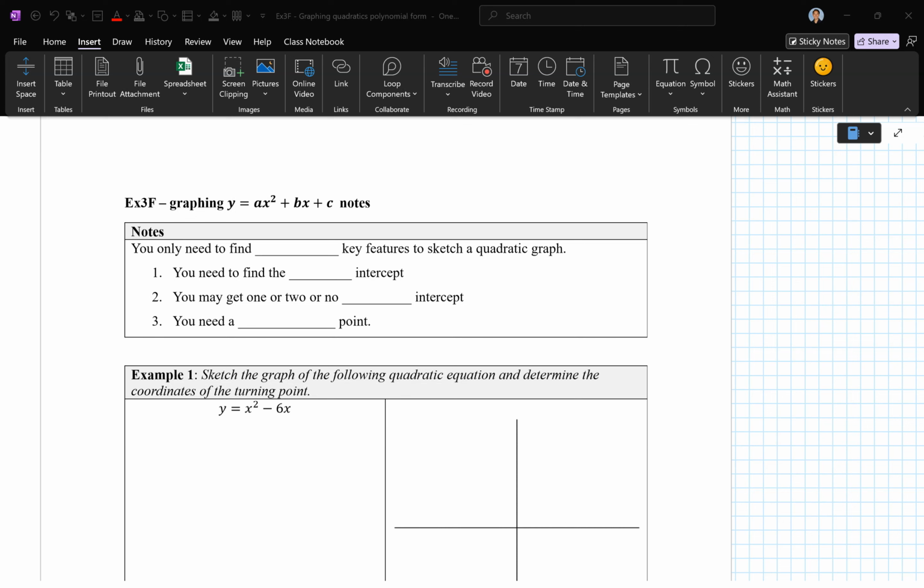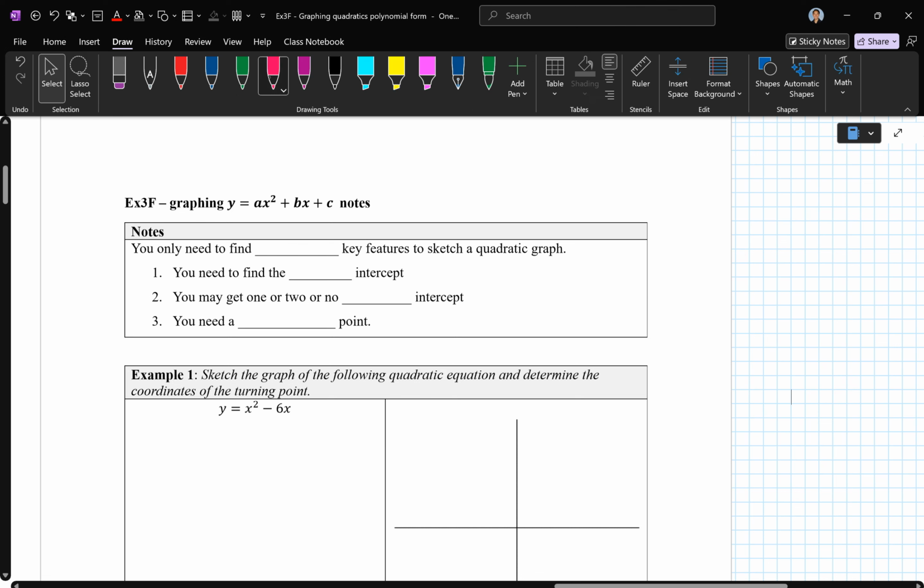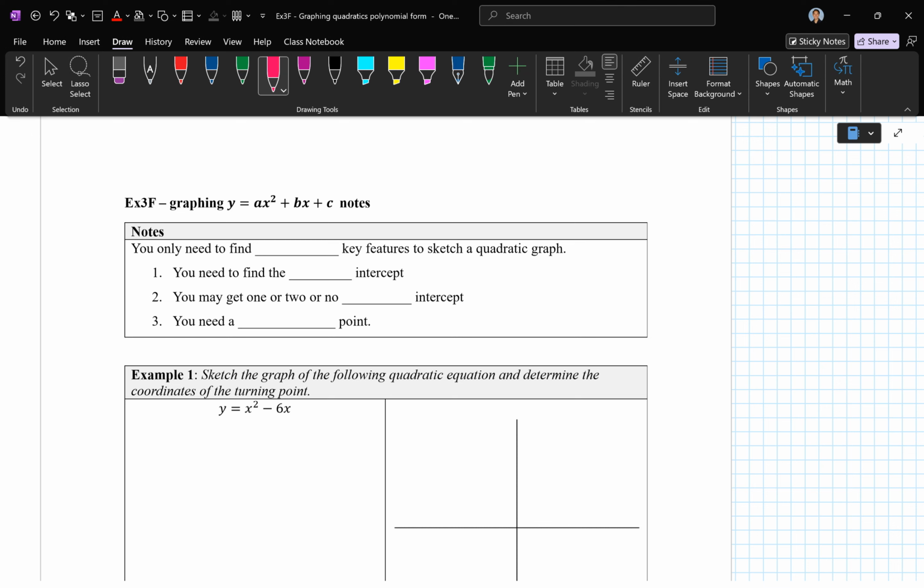So in order to sketch, it's usually a 3 marker. When you're doing your papers or your SACs, I'll be marking on 3 things. Hence, you only need to find 3 key features to sketch a quadratic graph specifically. You will need to find the axis intercepts. Actually, sorry, let me say y-intercept. You may get 1 or 2 or no x-intercept, and then